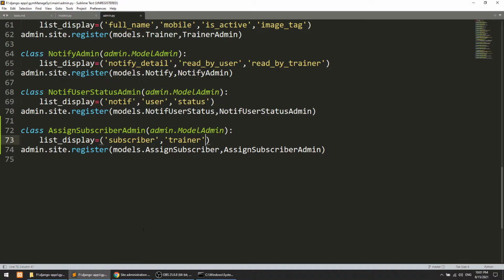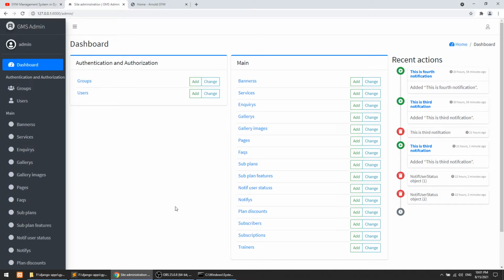In this video we will just create the assignment model. We are creating this because we need to manage these things in the subscriber model as well as in the trainer model. In the trainer model, the trainer can see how many subscribers are subscribed to them, and in the subscriber model, the subscriber can see the trainer data. That is why we are doing this.